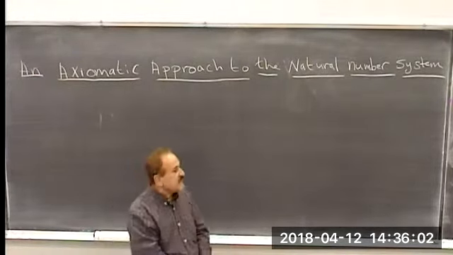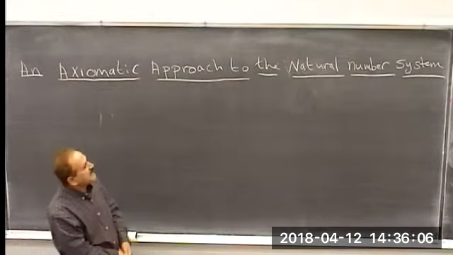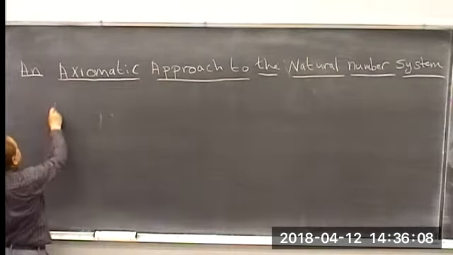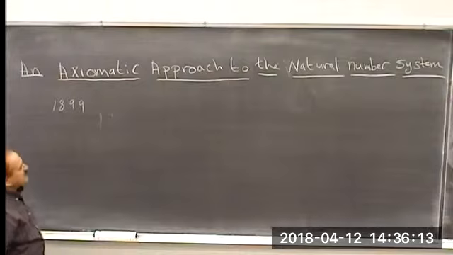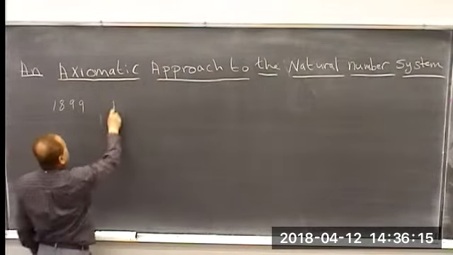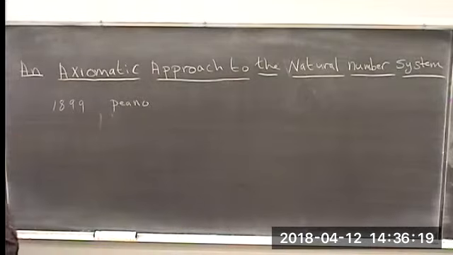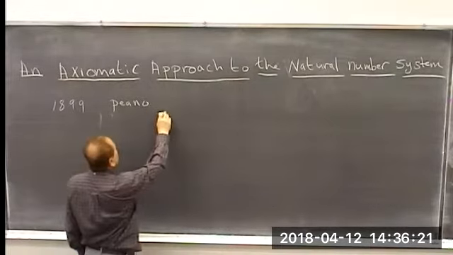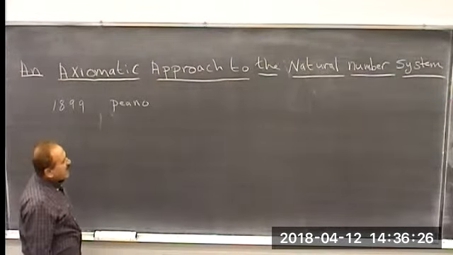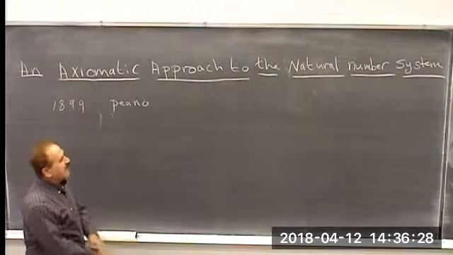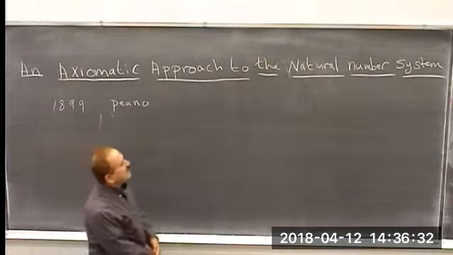And in fact, this came to light in 1899. The Italian mathematician and logician Peano introduced 5 axioms. They are now called Peano's axioms. Okay, and they are very, very simple axioms, sort of. And from these, he derived